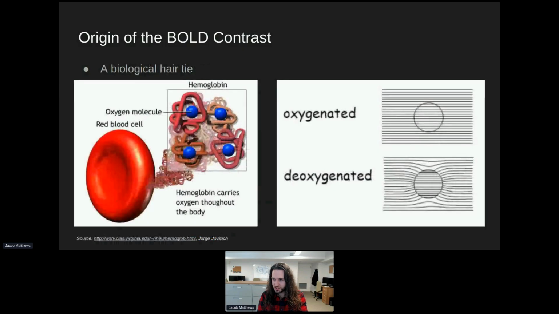The reason this is important is we have a biological hair tie in our body. All of our red blood cells contain hemoglobin. Hemoglobin has these heme groups that have iron molecules, and iron is naturally susceptibility inducing. Yes, it's stunning, Alex. Biological hair ties. Why do we have hair ties flowing around in our body? This is terrible. But it's great news for us in MRI